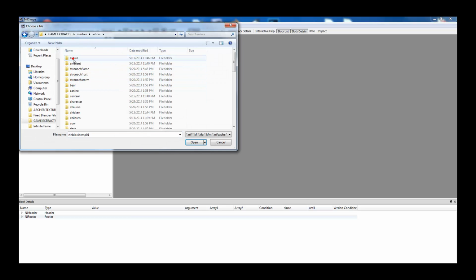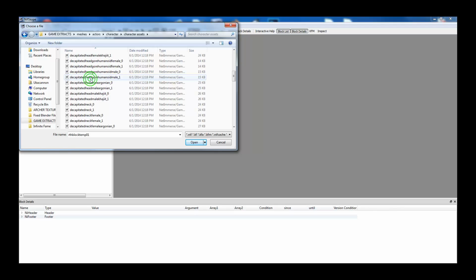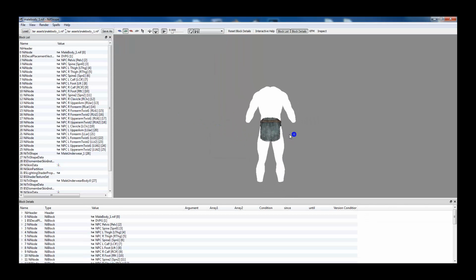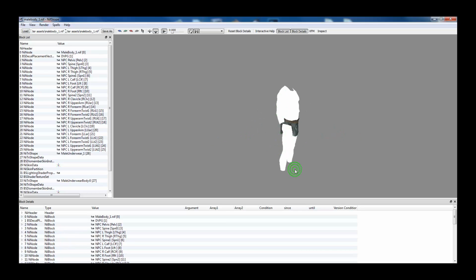So say we're going to go to actors, let's go to character, character assets, and let's find, let's go male body 1. Alright, this is the bigger version, guys. This is the big jack guy. I just don't have my textures linked properly because, like I said, I actually downloaded my file or my game. I didn't install it, so